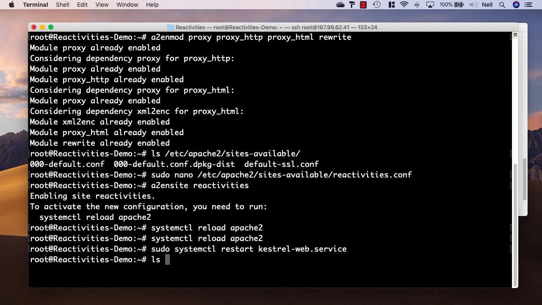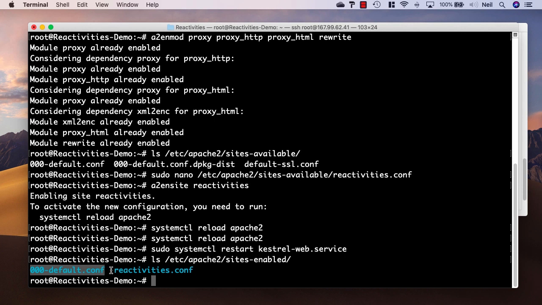Now, our sites available folder inside here, let's just go and take a look at the sites available. So I'm just going to ls the etc, the Apache 2, and not sites available, but sites enabled, and just look at the content inside here. And what's going on here is our default configuration is enabled, and our reactivities config is enabled as well. And both of these are going to have the same virtual host configuration, because if I just display the contents of the default config,